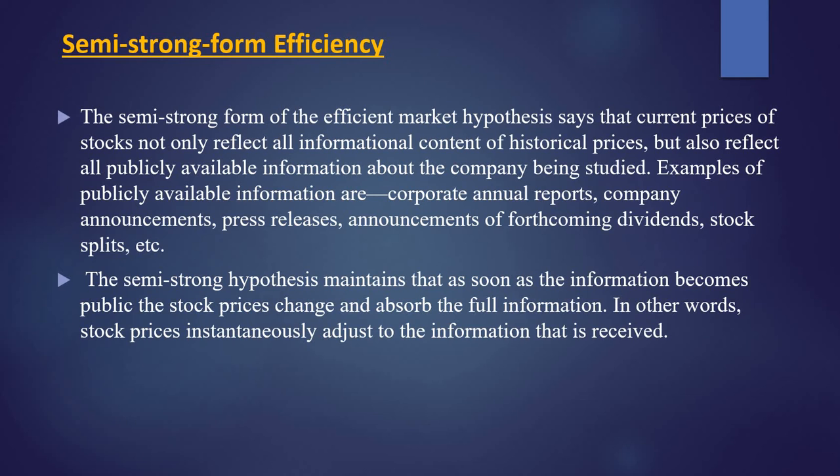Why? Because as soon as the information becomes public, obviously that information will be absorbed by the stock market, or maybe people become aware of it, and there will be fluctuations in those companies' shares. Okay, so there is no wait-and-watch concept. Today it is disclosed, and does the effect fall on the company after 3 years? No, immediately there will be an effect, and that information is absorbed by the stock market immediately, and it shows in the changes in prices. This is what semi-strong efficiency is.